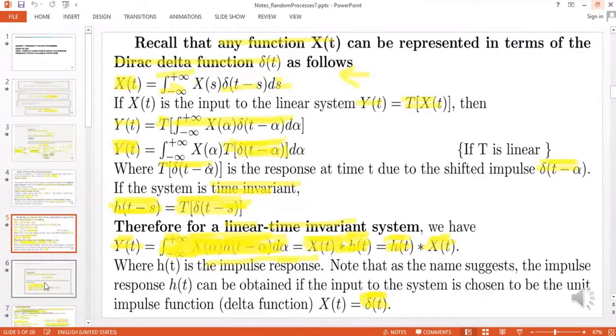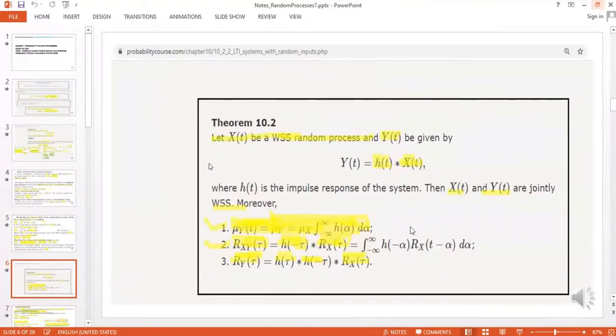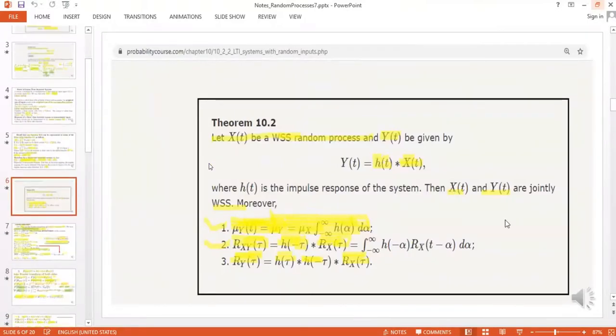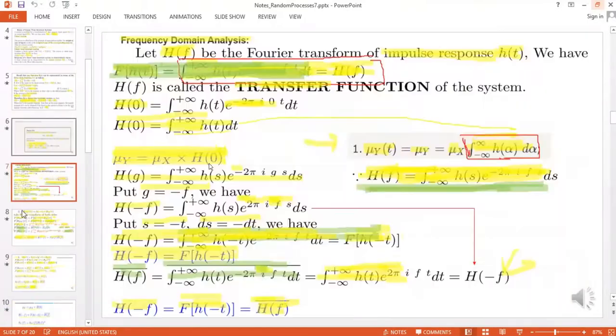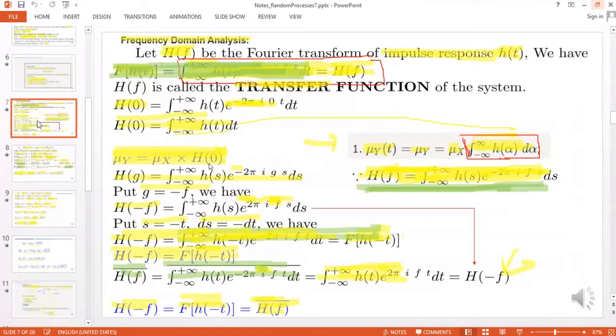So the video is already shared. You can this is clearly visible to you in the video. This theorem we have already proved. Then this frequency domain analysis. So actually this is not okay. Do one thing, you go through the video and let me know now, because I recorded all this thing,